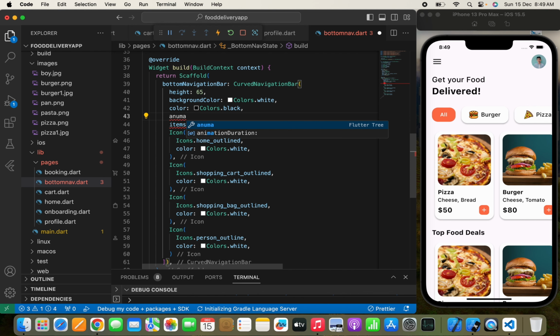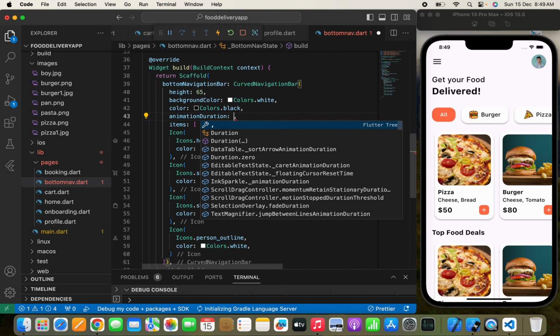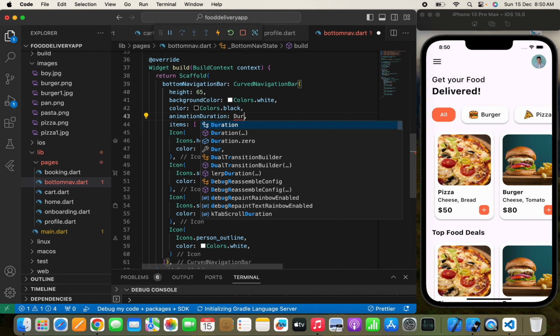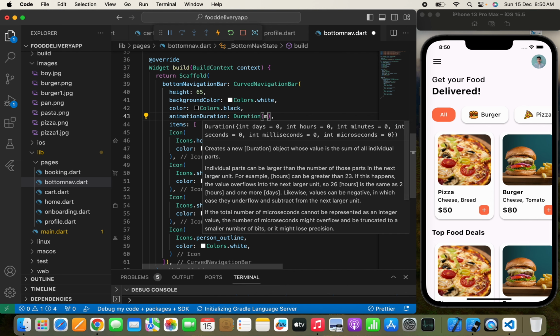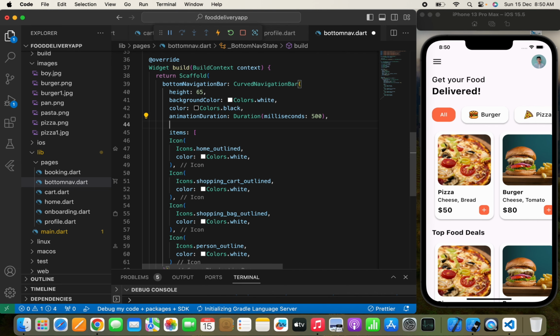Now we can pass the animation duration. The animation duration is something like this: when the user taps the home icon and then taps the second icon, how much time it should take to shift from the home icon to the other icon. So this is the animation duration, and you can pass the duration in milliseconds, and we'll pass 500 milliseconds. Yeah, now in the onTap,